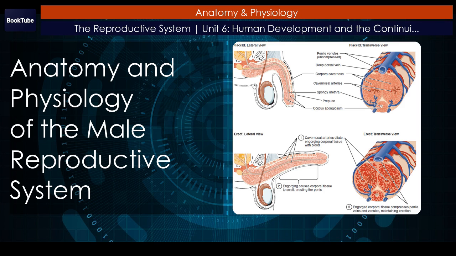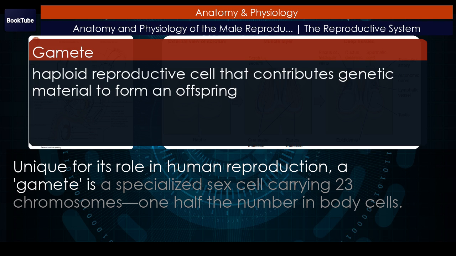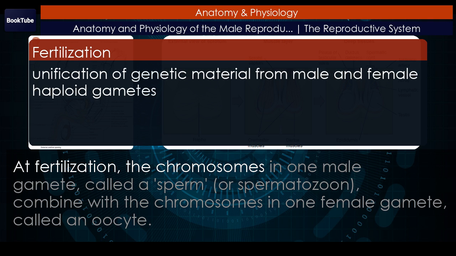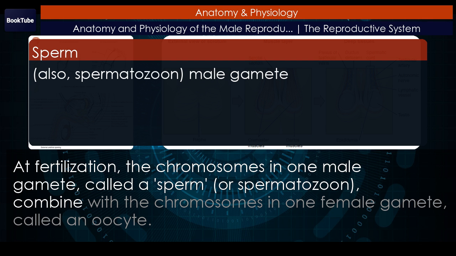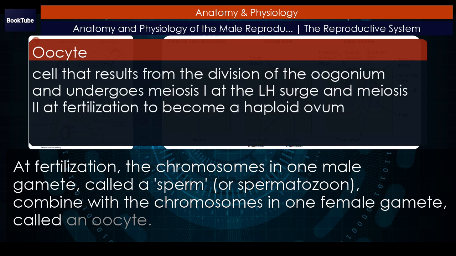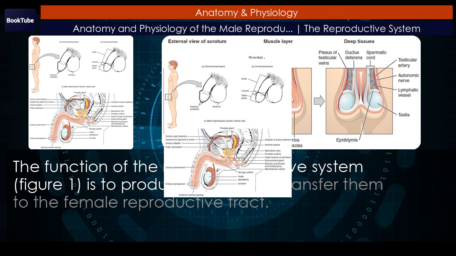Anatomy and physiology of the male reproductive system. Unique for its role in human reproduction. A gamete is a specialized sex cell carrying 23 chromosomes, 1/2 the number in body cells. At fertilization, the chromosomes in one male gamete, called a sperm or spermatozoan, combine with the chromosomes in one female gamete, called an oocyte. The function of the male reproductive system, Figure 1, is to produce sperm and transfer them